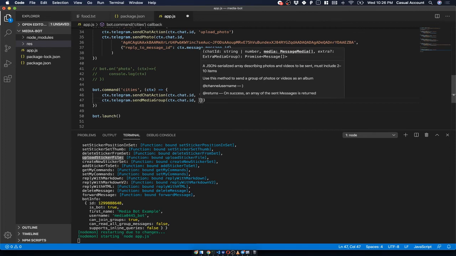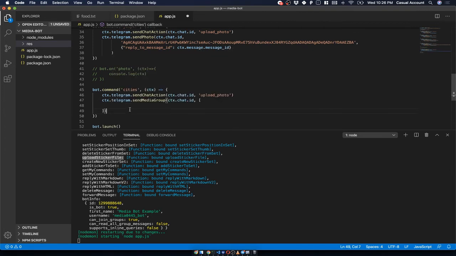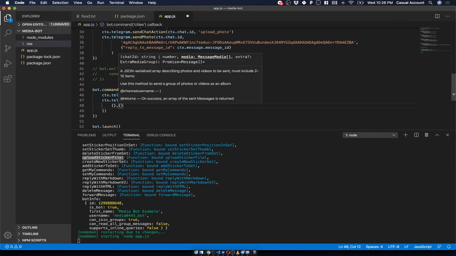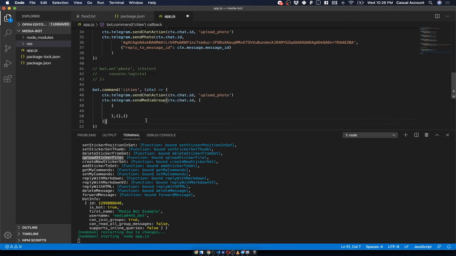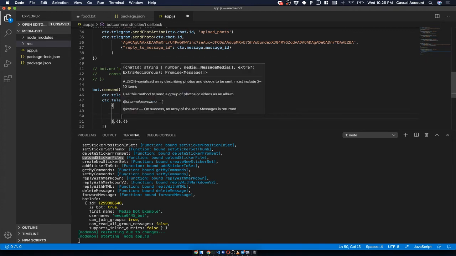I will create an array, and inside this we will pass in objects, multiple objects. So let's pass three objects. And inside each object, what you have to do is first specify the type. So the type is you want to send a photo. And the second is the media.